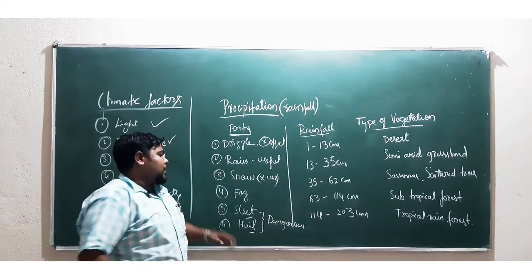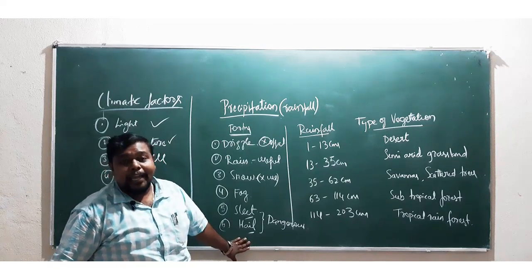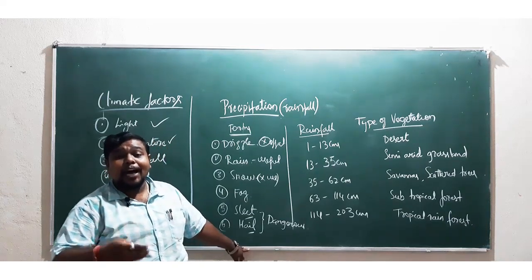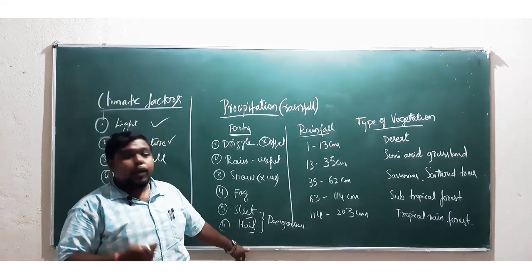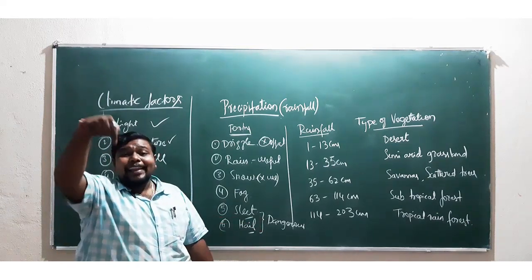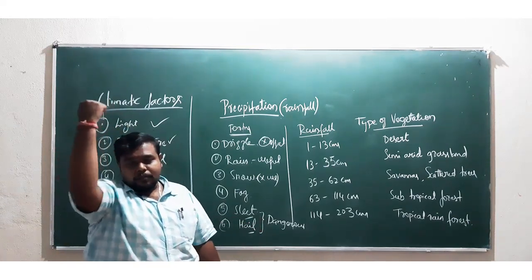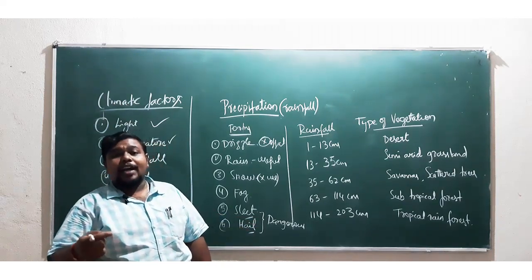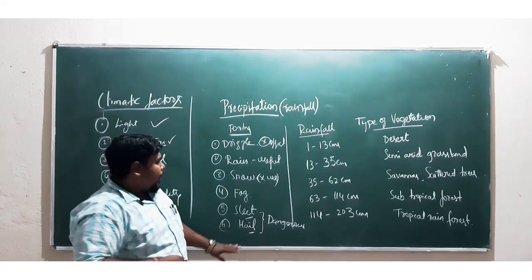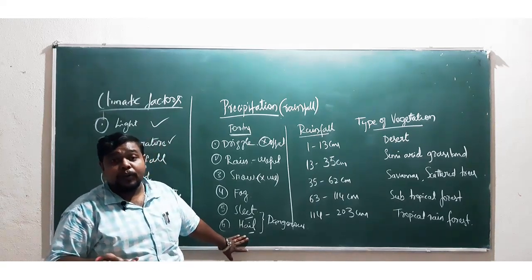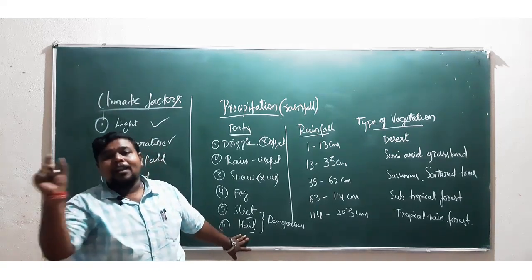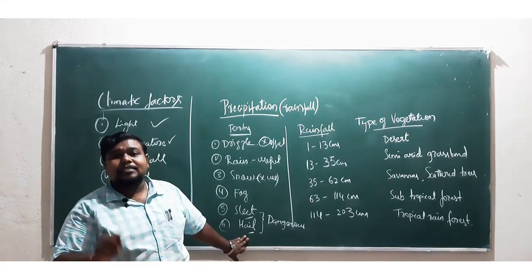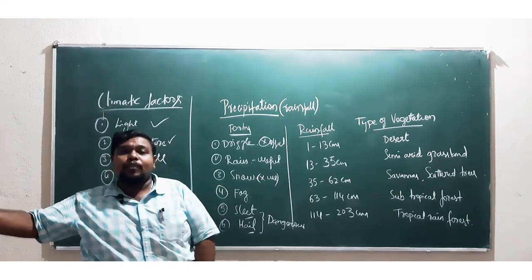Because once there is a formation of sleet or hail or hailstones, they will damage the complete crops here. Because, as I said, sleets are like nails falling from the sky here. So they will damage the leaf or they will damage the plant parts here. And as I said, hailstones may differ from small size to larger size. When they are of a larger size, they will completely destroy the vegetation here.